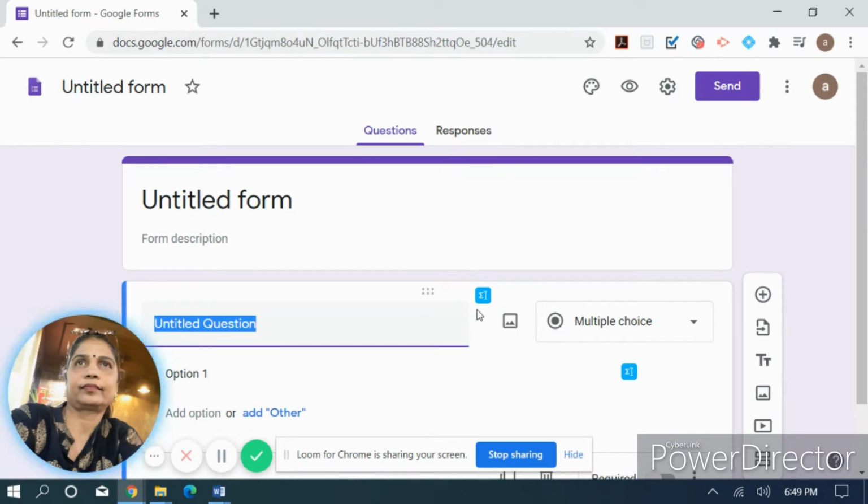You can see here, this is the box, and it is also available in the options. So first, how to go about it if you want to type a question with symbols and equations.